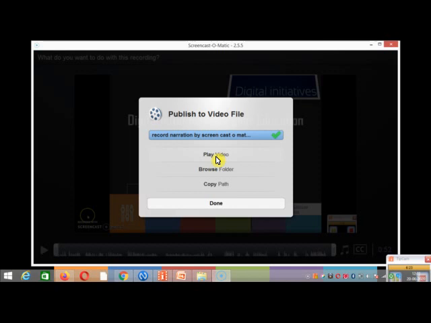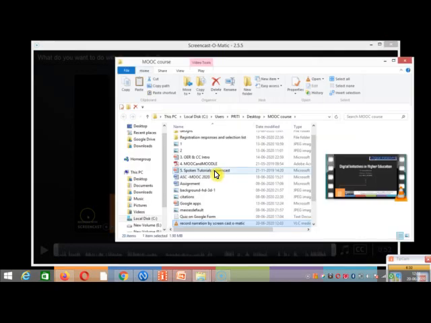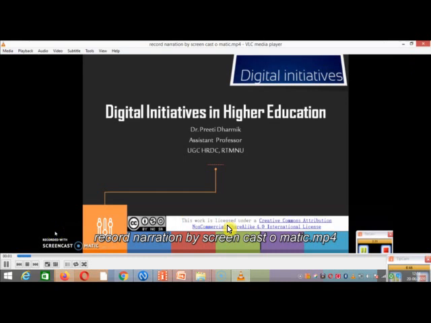You can directly play from here to check whether it is okay or not, or you can see where it is saved. So I will click on browse folder. See, I have saved that file in MOOC course folder. It is like this, record narration by Screencast-O-Matic. I am double clicking on this to see whether it works. So in this way your recorded PPT is ready by Screencast-O-Matic software.